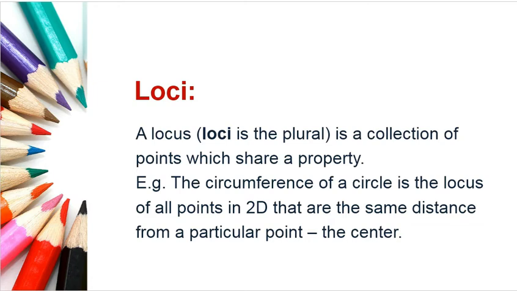So we know that if we have a circle, on the circumference of the circle all points will be equidistant from the center of the circle. Because when we construct a circle, if the radius of the circle is 2 cm, then on the circumference, if we have infinite points, all those points are 2 cm from the center of the circle.